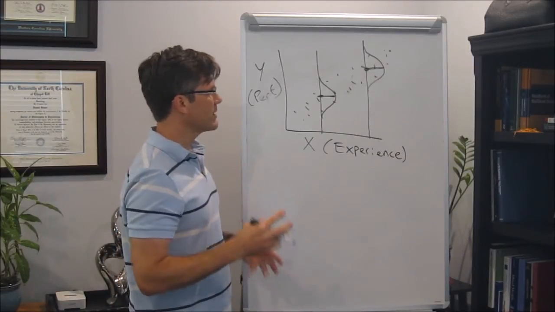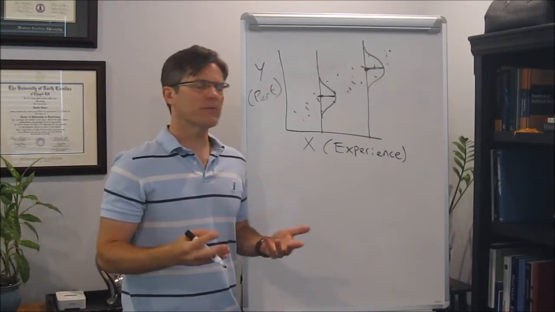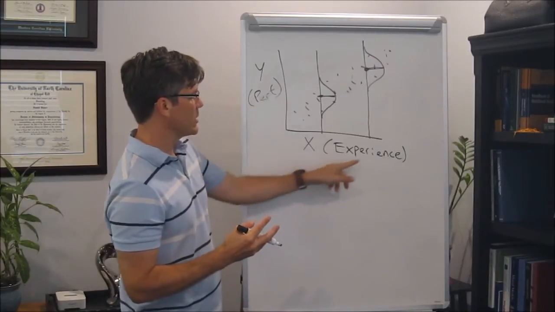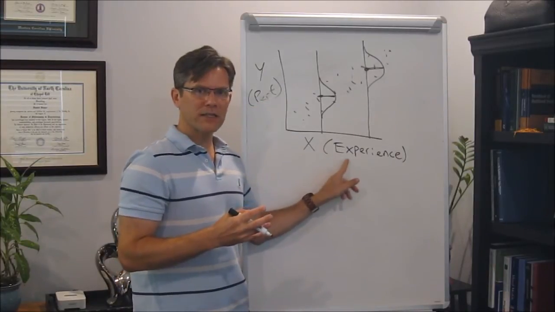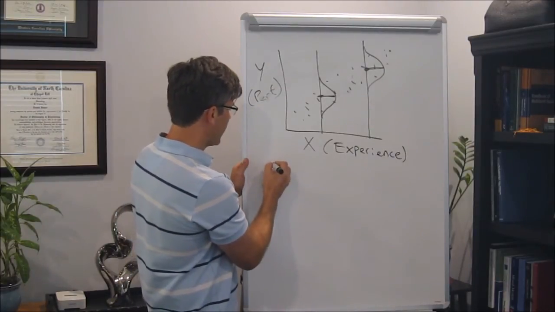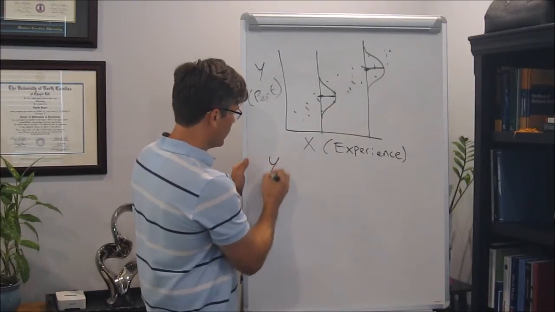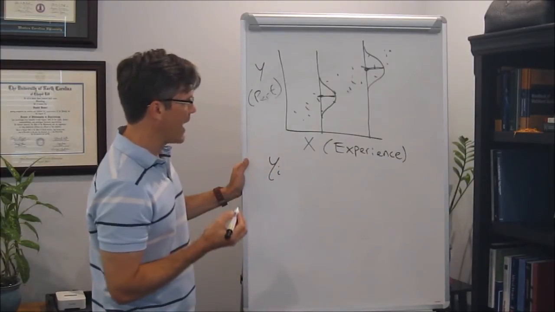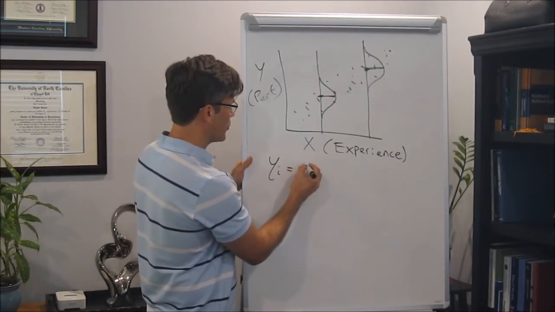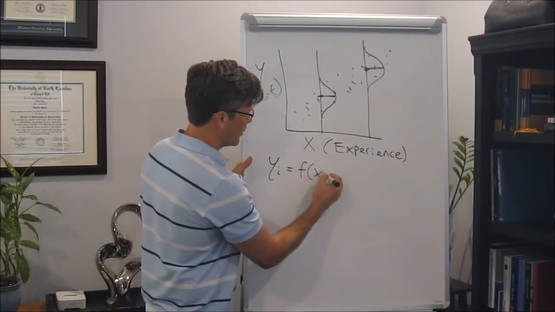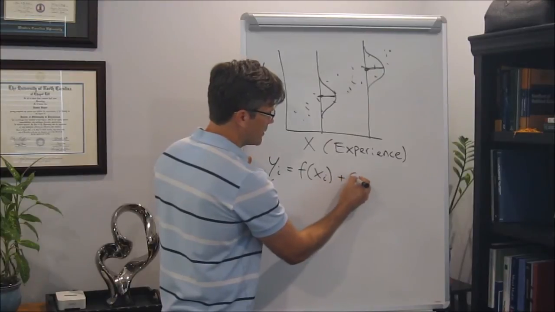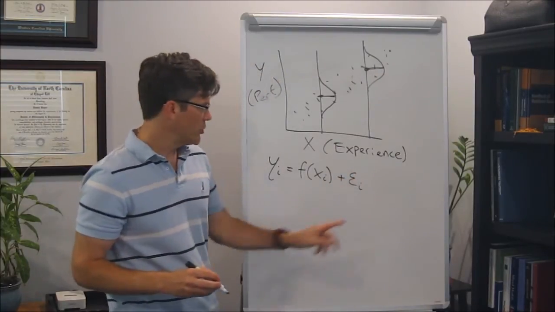And in the regression model, that's essentially what we're trying to do: build a model that shows how the average or expected level of performance changes as a function of experience, right? So for a particular individual i, we can say their performance is yi. We expect their performance to be at some certain level that is a function of x, but then there's also this inherent randomness captured by a residual or an error term, and